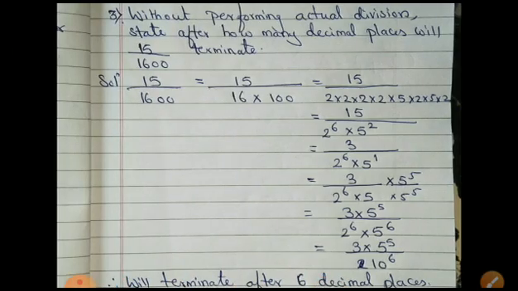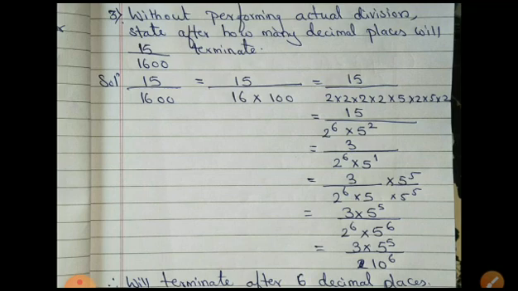Next is the same type of question. Previously it was expressed as prime factors. Now here it is given as 15 by 1600. So first, you can simplify it to the simplest form and write the denominator in prime factors. Here I have first found the prime factors, and then you can divide by 5. That 5 is the common factor for your numerator and denominator. So after simplifying, I will get 3 divided by 2 raised to 6 into 5 raised to 1.